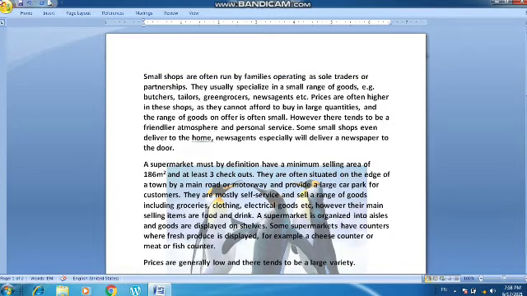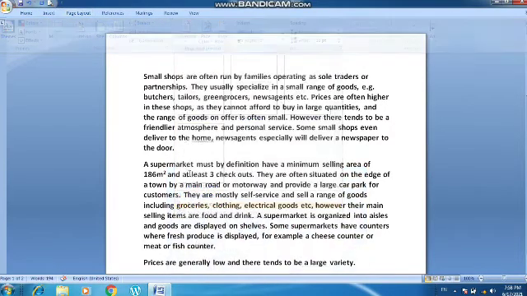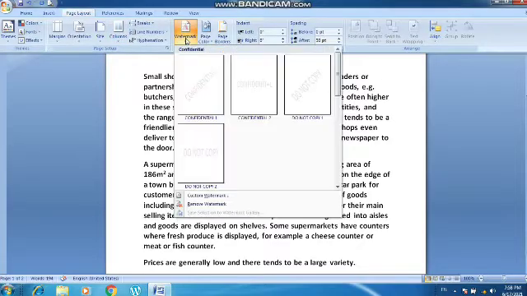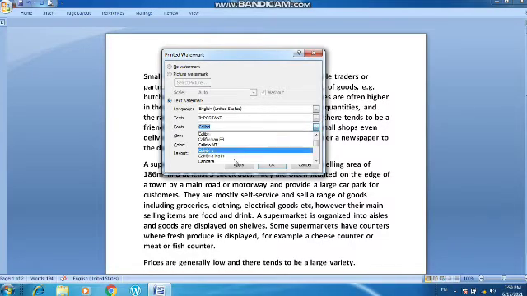If you want a particular text to be inserted, you can do that also. Go to the page layout tab again, remove this watermark, and again go to the page layout tab and click on custom watermark. Click on text watermark and write a text of your own. Here there is an option given to write a text of your own, so you can write anything. Suppose I am writing important, and you can select the font style and size as well.